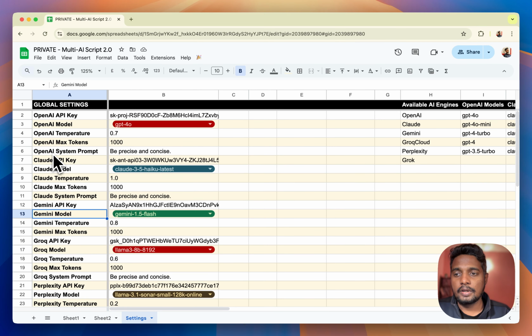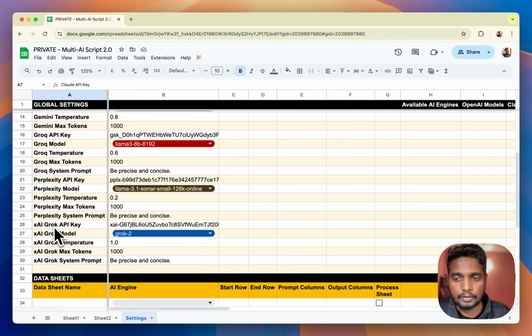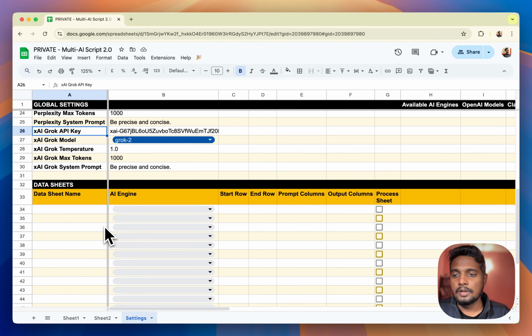For example, if you're only going to use the Claude API, then you just need the Claude API. If you're only going to use the Grok API, then you only need the Grok API. You just paste the API here and then you'll be ready to go. And in this case, I'll be working in Sheet 1 and Sheet 2. So I just have to provide the details over here, and then the AI content can be generated in